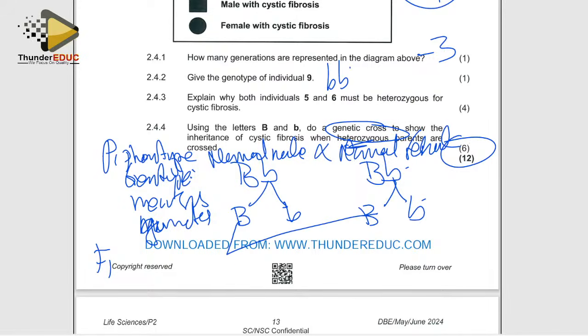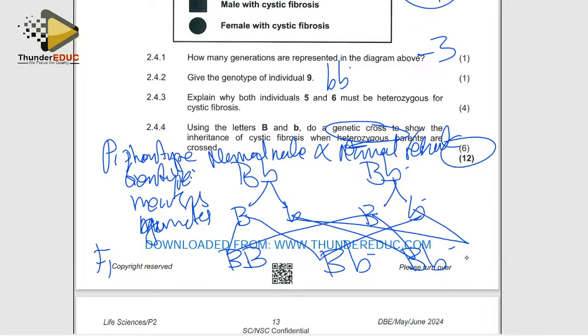So capital B with capital B, capital B with small b, capital B with small b, or small b, small b. So basically we call these ones offspring, and then we call this one fertilization. So in this case, that is how it's supposed to be done, and it could depend on whether